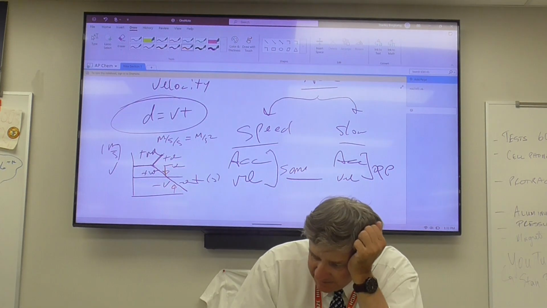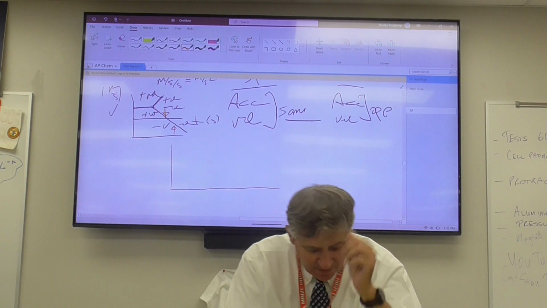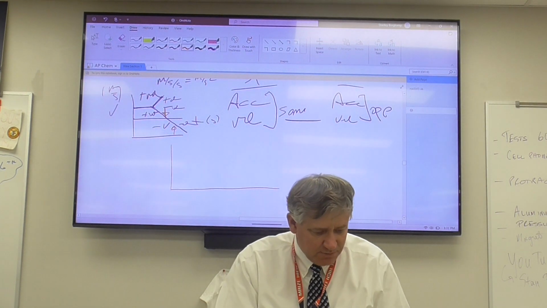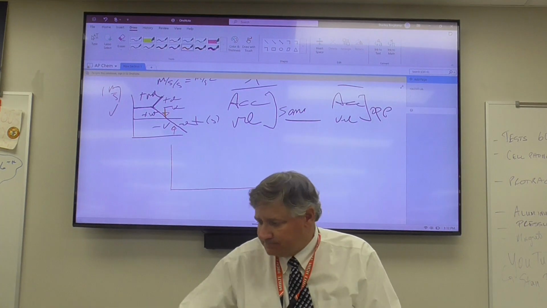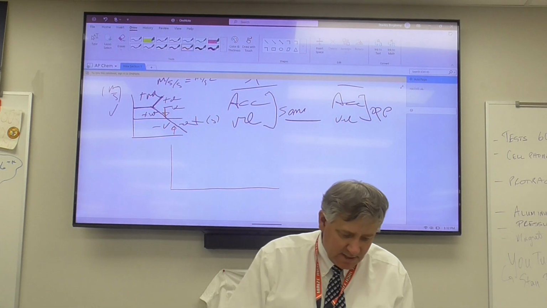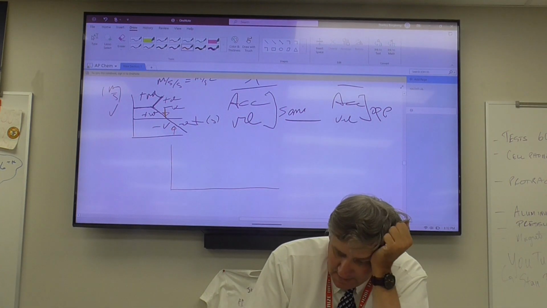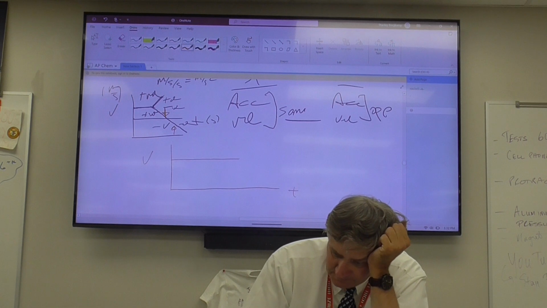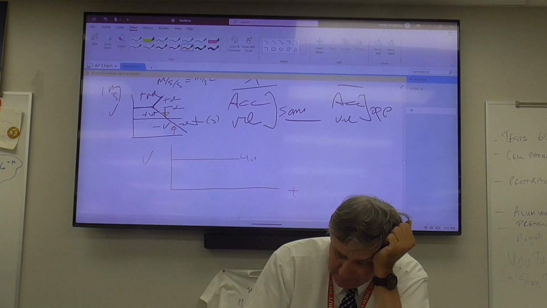Speaking of velocity time graphs, this question on the back, that question on number kind of 22, you're moving at 4 meters per second. So here's the story. Here's the velocity time graph. And that's 4 meters per second